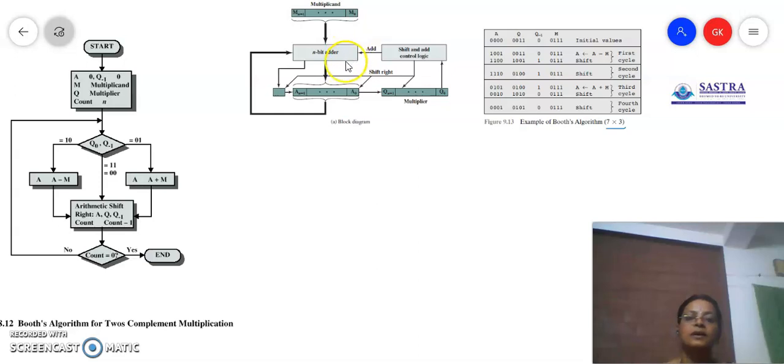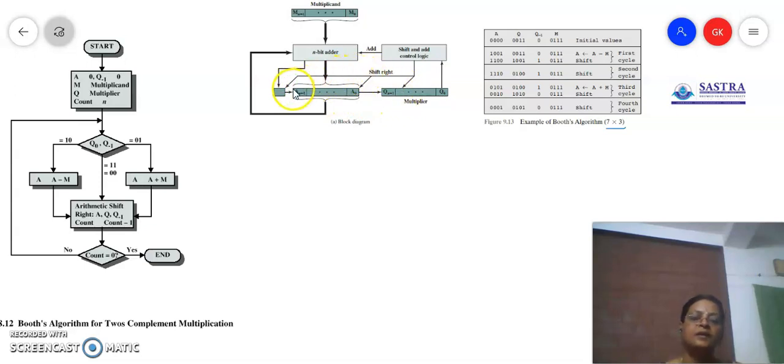same for both the normal multiplication and the Booth multiplication, except the difference is that instead of normal shift right you will be doing arithmetic shift right. Of course, I have already explained arithmetic shift right. In arithmetic shift right, the MSB bit will be retained and the same bit will be copied to the next digit. Whereas in normal shift right, the MSB will go to the next position and 0 will be entered there.